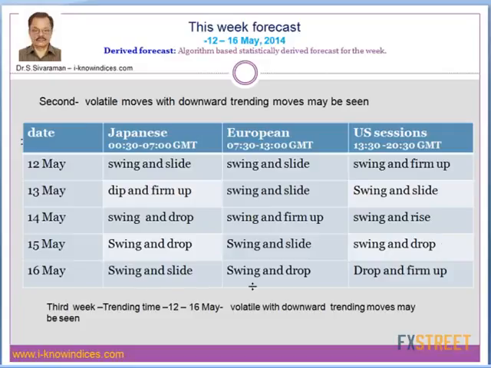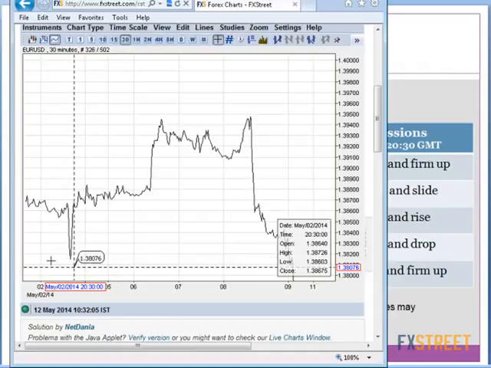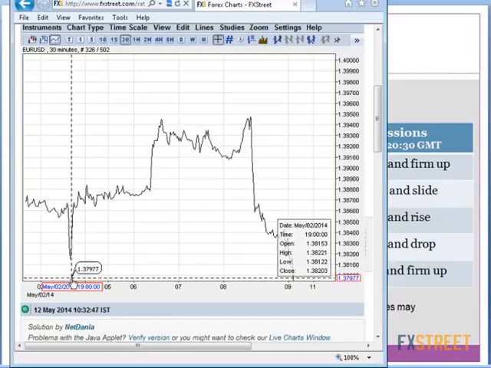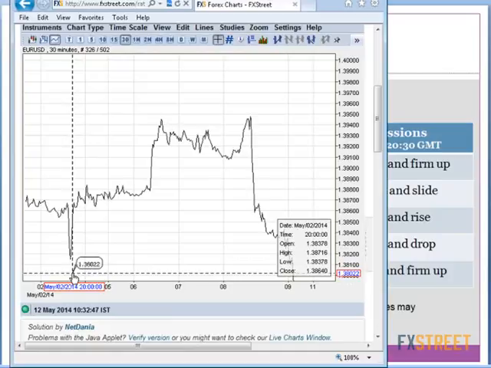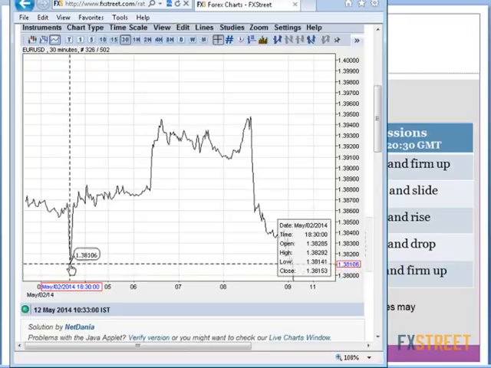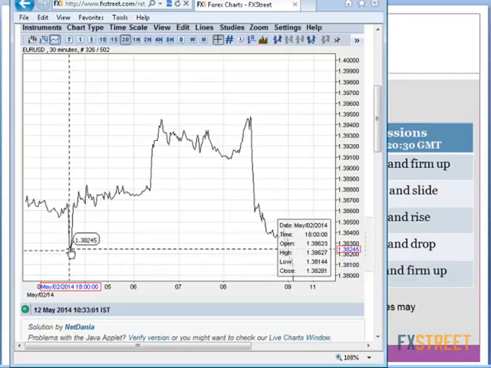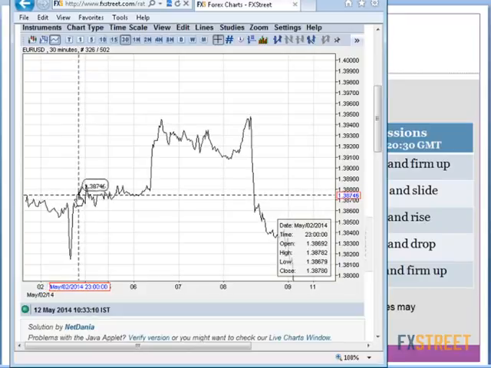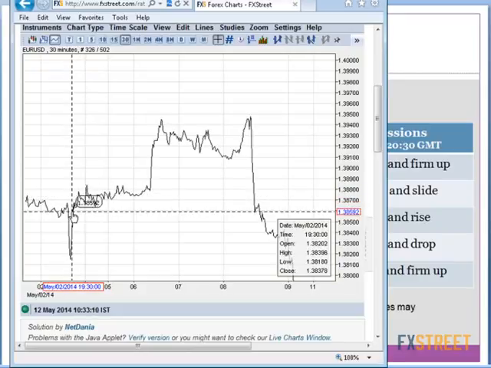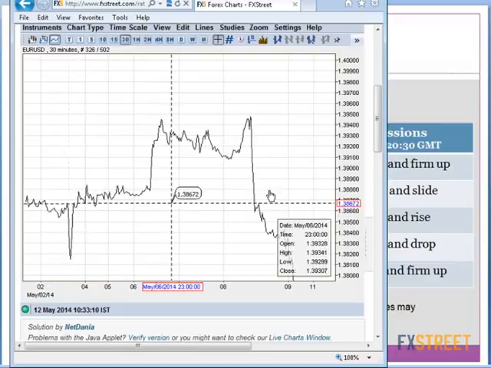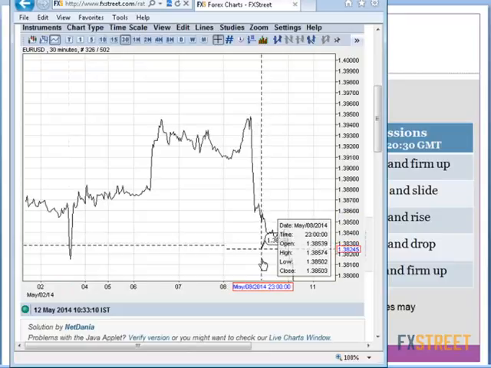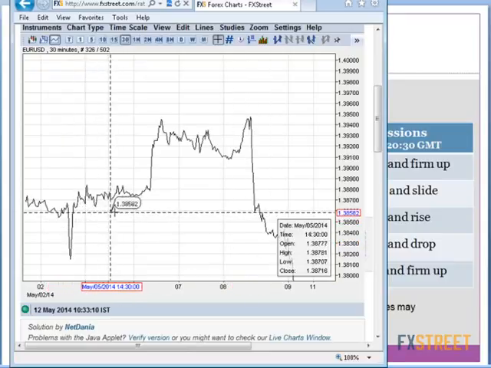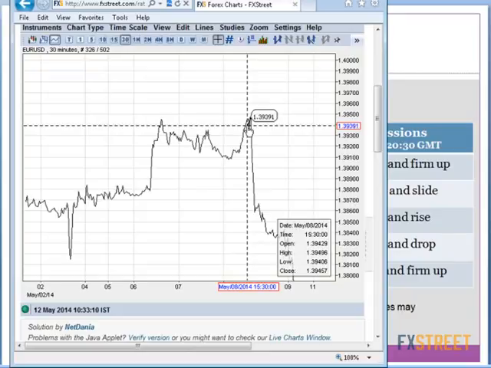So we saw in the previous week on 2nd of May, that is when non-farm payroll was expected. They made a very quick downward move for a phenomenally good non-farm payroll number, and then subsequently reversed and gained. Then I gave the posting in fxtrade.net that because of the BOE and ECB interest rate decisions that follow the next week, the players wanted to make use of the time to build sell positions.